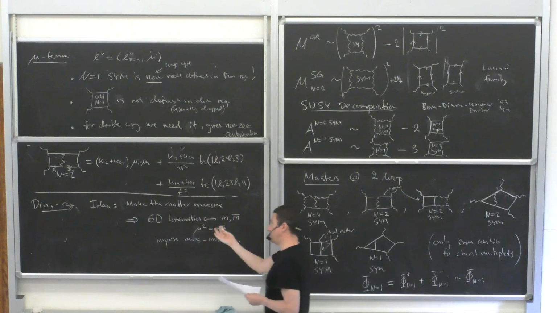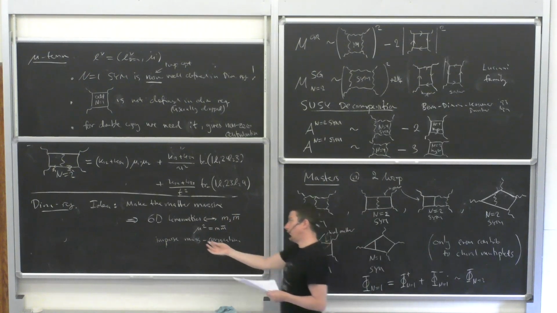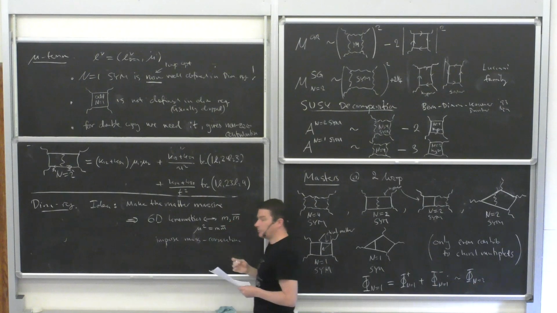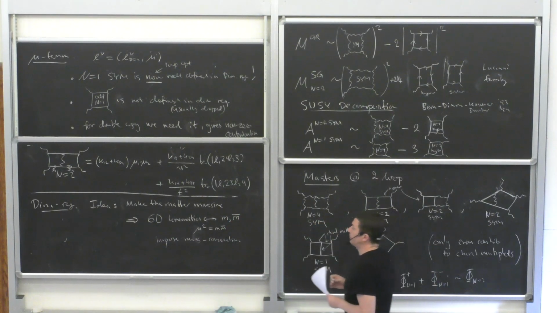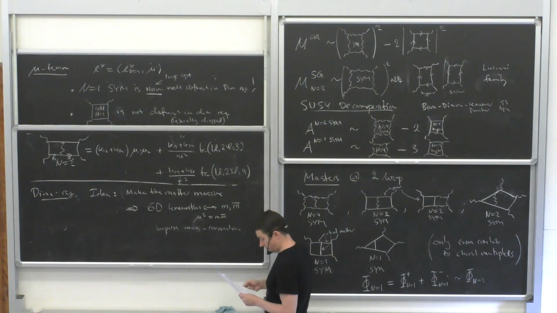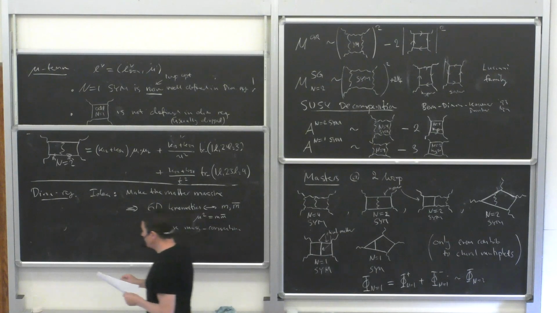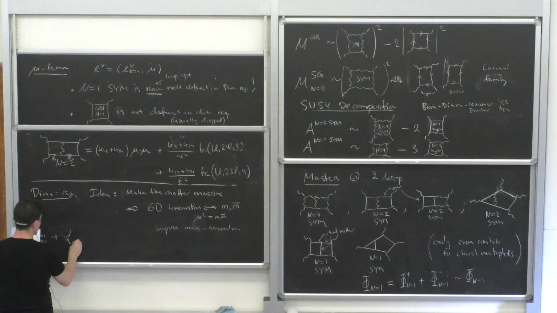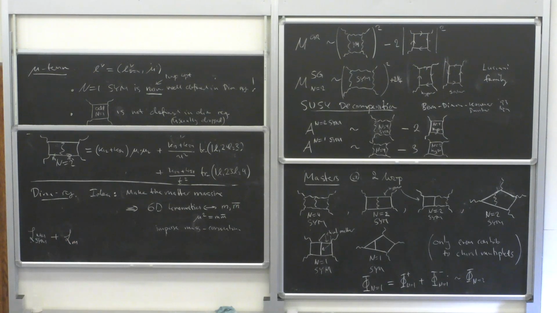Because we know that if we want to think of loop momentum as being in 6D, then there should be some momentum conservation in 6D, so we have to impose mass conservation. All right, and you can ask, how do you do that? Well, it's easy to take your N=1 super-Yang-Mills Lagrangian, and then just add some mass terms to it. So you just add a deformation of mass terms.